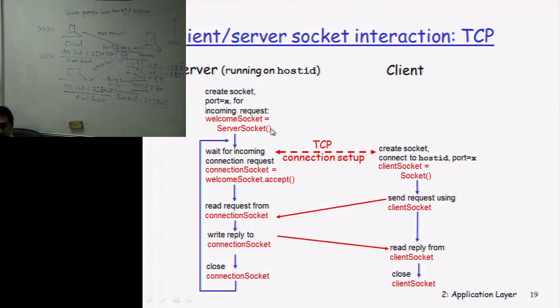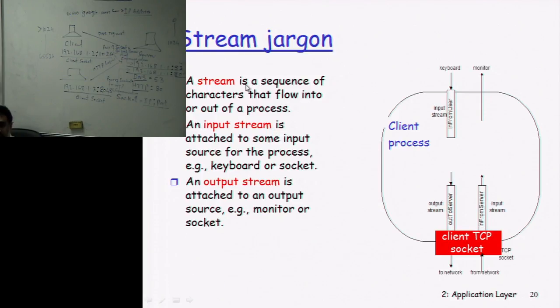Now a stream is a sequence of characters that flow into or out of a process, for example through the keyboard. An input stream is attached to some input source for the process, for example a keyboard or socket. An output stream is attached to an output source, for example the monitor or a socket. The client process will read the input from the input device and send the output to the output device. The input read from the client input device will be given to